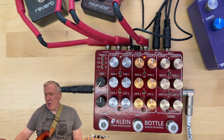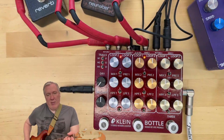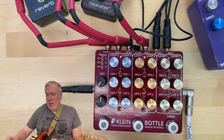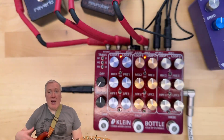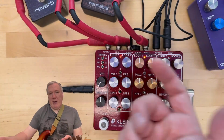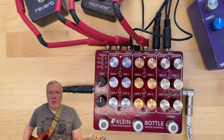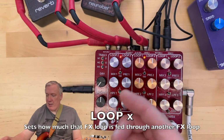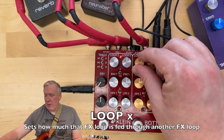I have to do two things. I either have to turn on the other effects. So here, let me turn this on. This is the reverb. And if I turn the reverb knob's mix down, now the only reverb you hear is what's being fed back into the system. So it's a reverb on the delay. Okay? And as I increase the amount of feedback back into the system here between these two,